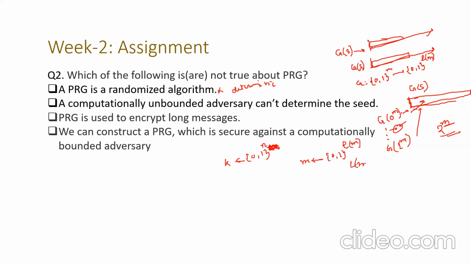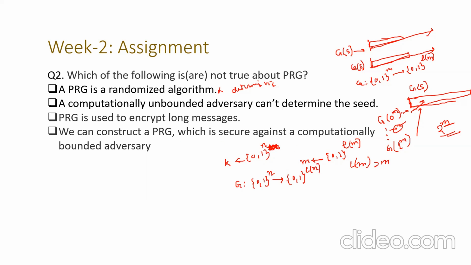Of course, L of n is greater than n, that is, the key length is less than the message length. Then what you can do is take some PRG G which maps your n bit length input to an L of n length bit output,